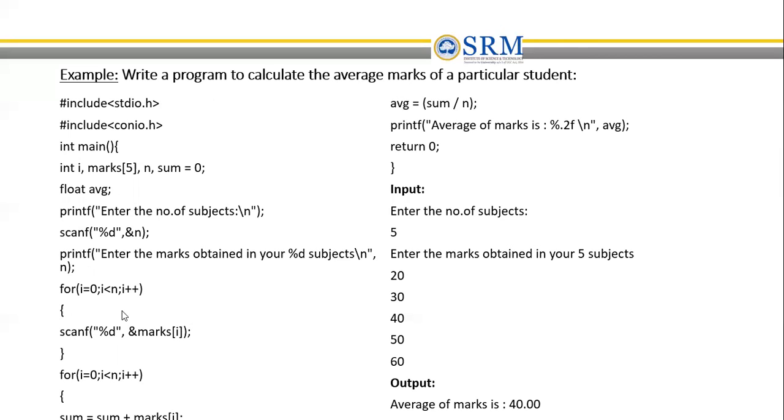Now you are going to get the marks. Each time when I is equal to 0, it will ask to enter the marks of 0, that is, the first student's marks have to be entered. Now again it will check the for loop, I less than n. I was 0 first, so if you have given 5, 0 less than 5 is true. So it will increment I, I will become 1, and now it will get the marks of your second student.